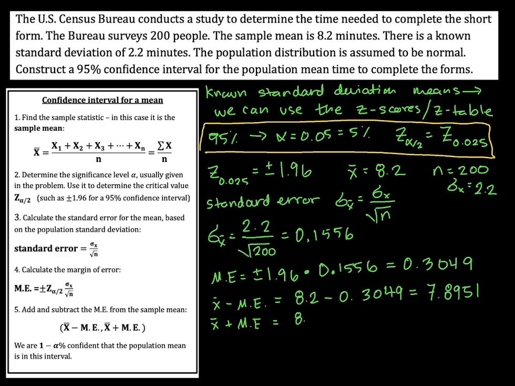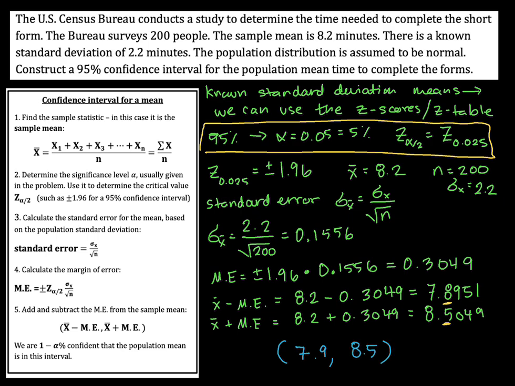margin of error, which is 8.2 plus 0.3049 equals 8.5049. So I'm just going to round these to the tenths place to construct my interval here. So finally, my interval is going to be 7.9 to